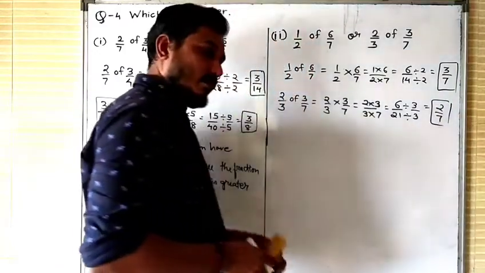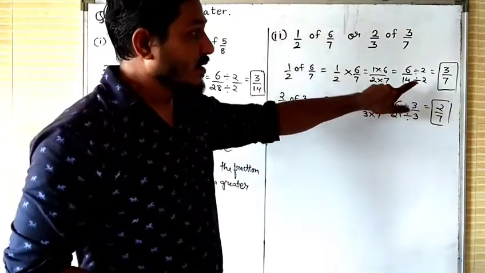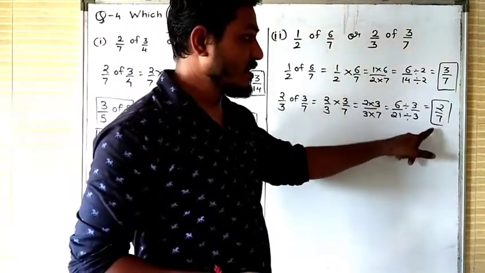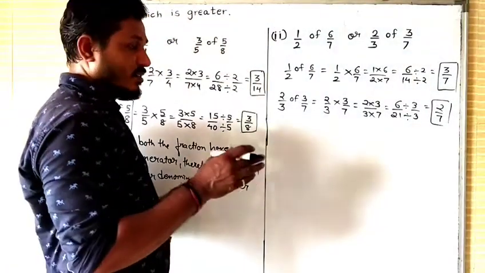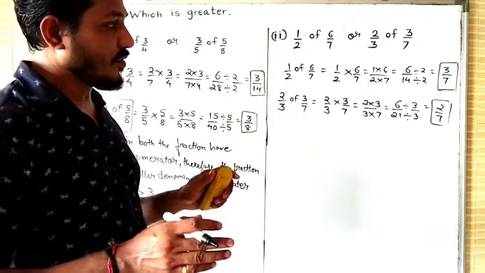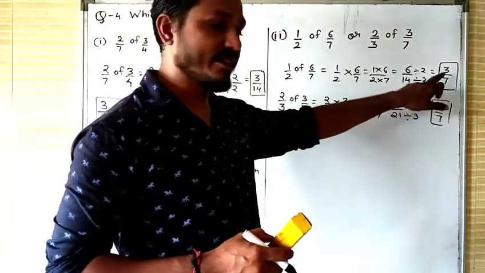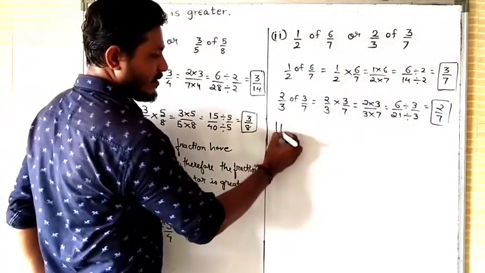Dear student, before finding LCM, let's check their numerator and denominator both values. Here numerators are different, but denominators are same. So again, no need to find LCM. Here the denominators whose value are same, so you have to see the numerator whose value is greater, having greater fraction. So what you will write here,